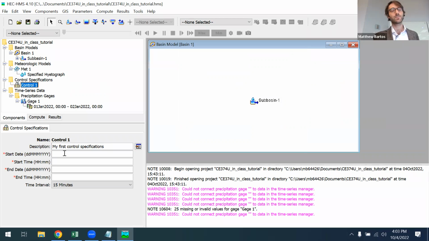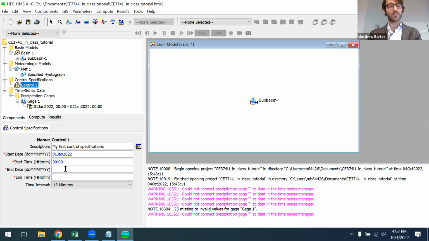And it's going to ask us for a start date, an end date, a start time, and an end time. So I'm going to make these commensurate with our hyetograph. For the start date, I'm going to put January 1st, so 01 Jan 2022. Our start time is 00:00, so that would be midnight of January 1st.